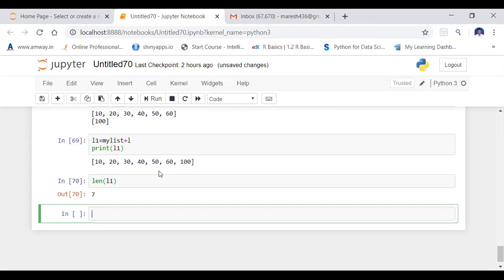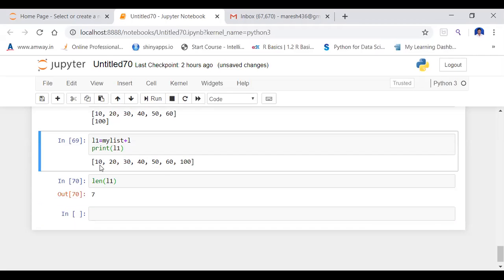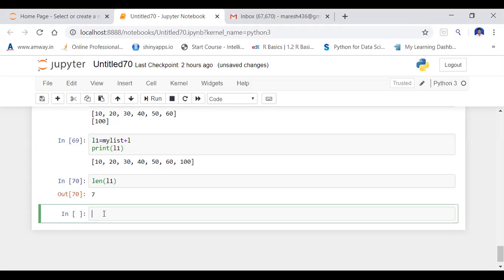One more important thing I will tell you: duplicates are allowed in the list. Suppose 10 is there in my L1. I'm going to insert one more 10 into the list using the append function.